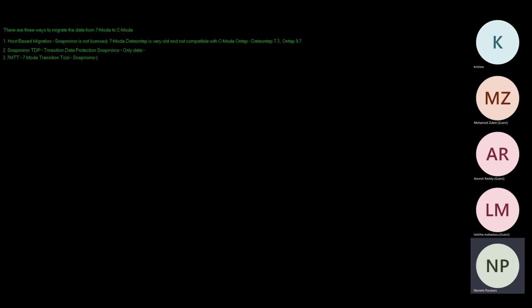Yeah, it will also use SnapMirror TDP in the backend. If you are using SnapMirror TDP directly, you need to do everything manually. But if you are using this tool, the advantage is that along with the data, you can migrate the configurations as well. Okay, configurations like CIFS configuration, NFS configuration from 7-Mode to C-Mode,